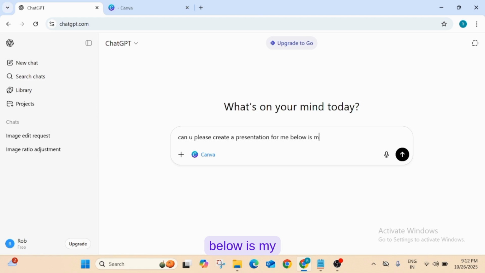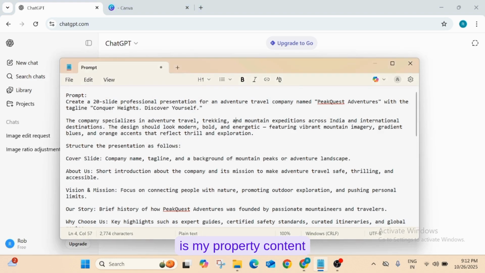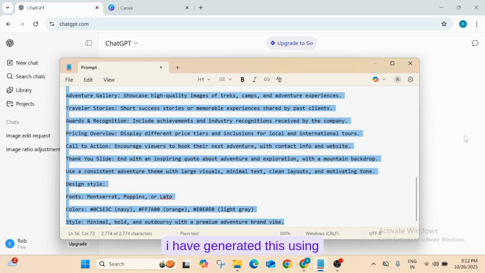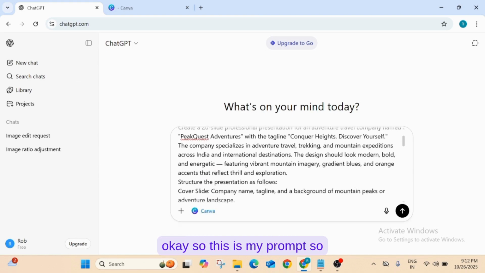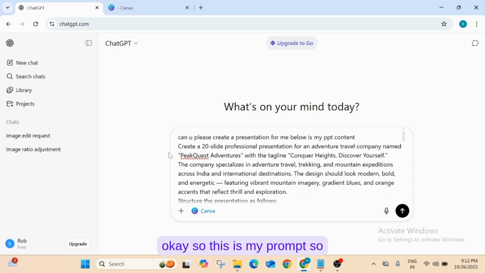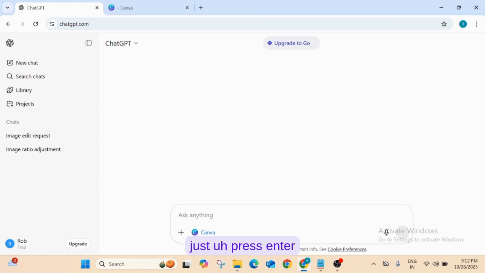Below is my PPT content. Just simply write this, and here is my PPT content. I have generated this using GPT itself. Okay, so this is my prompt. So yes, and just press enter.